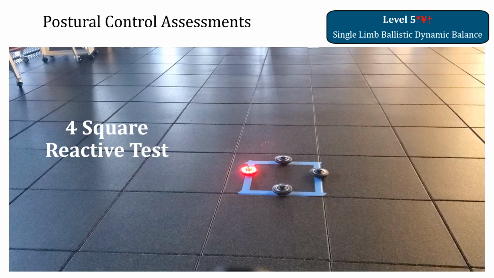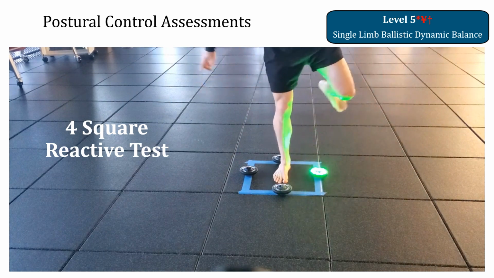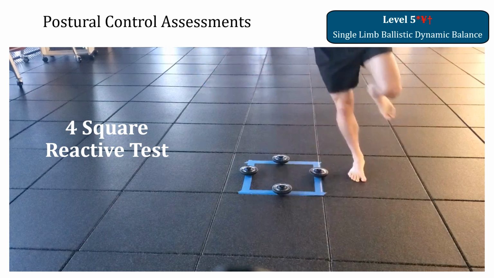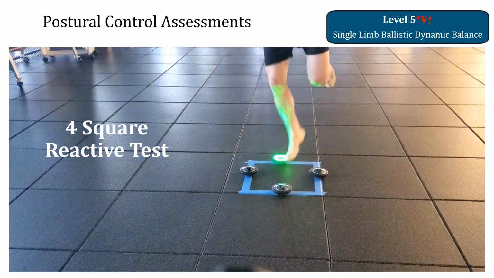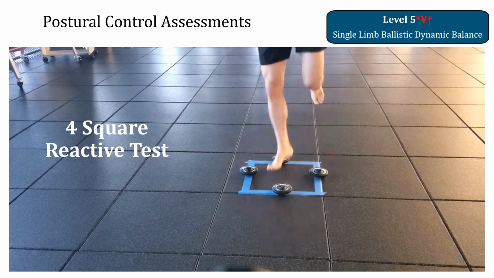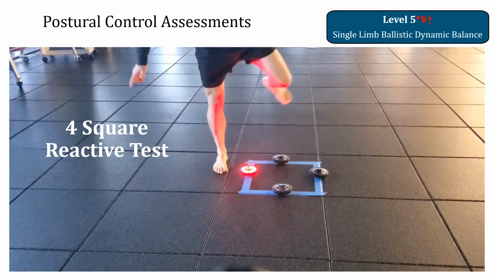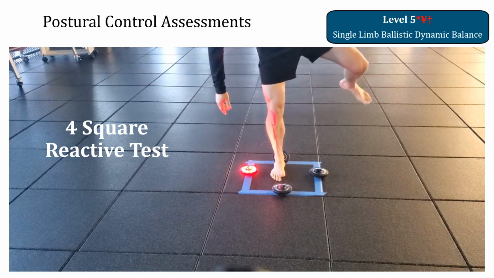Okay, so I call it the 4-square reactive test. So standing in the same dimension square as you saw in the previous slide and the previous standardized test that has been validated for the CAI, and then you just have 4 lights. They light up in a random order. The sensitivity of the light is set at 10 centimeters above the light, so you have to not only hop over the light, but you have to do so at